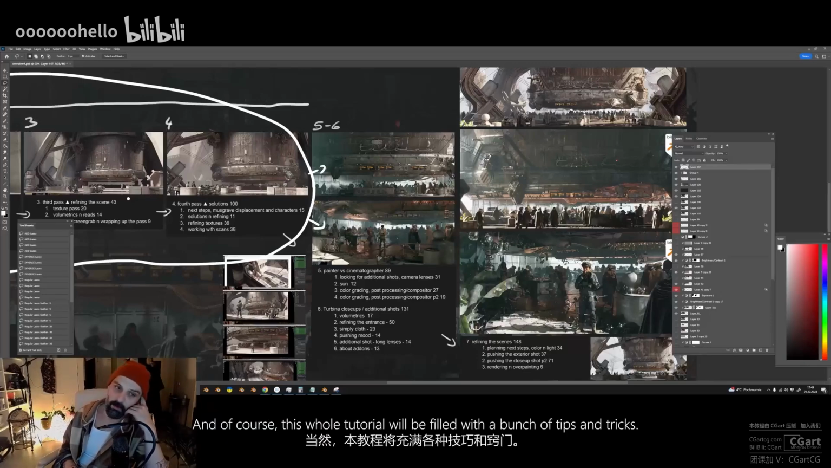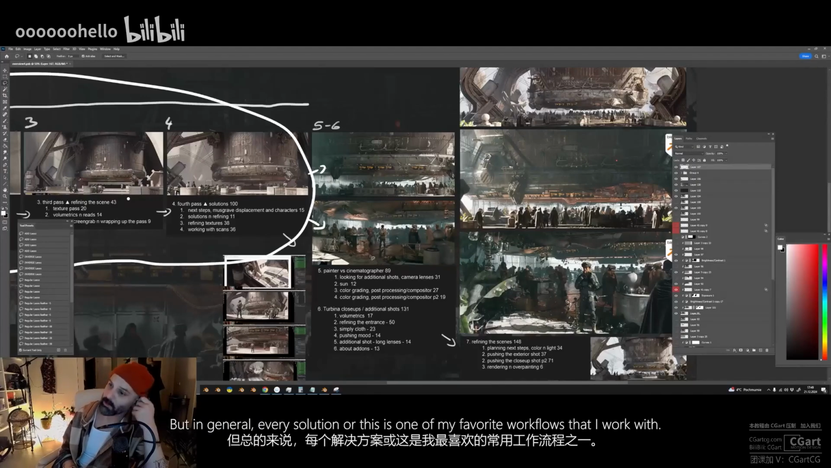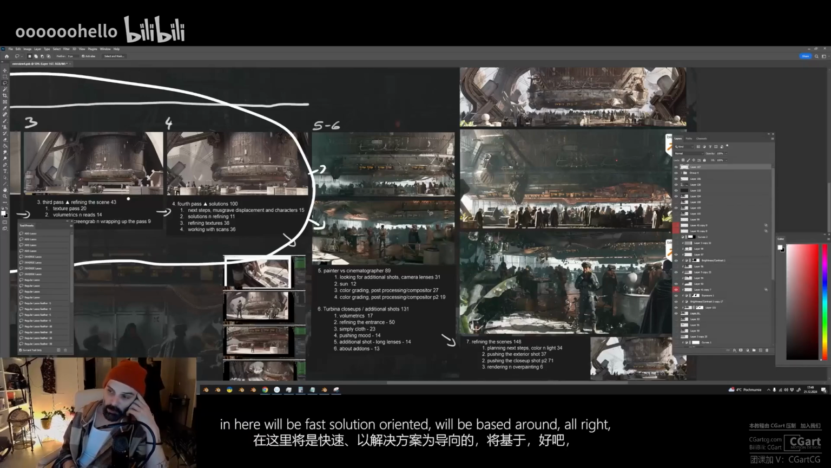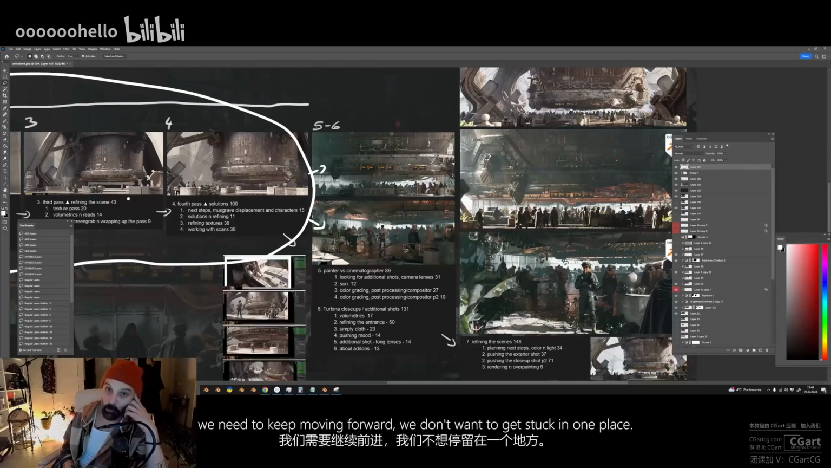And of course, this whole tutorial will be filled with a bunch of tips and tricks. But in general, this is one of my favorite workflows that I work with, because whatever I'll be doing in here will be fast solution oriented, will be based around, all right, we need to keep moving forward. We don't want to get stuck